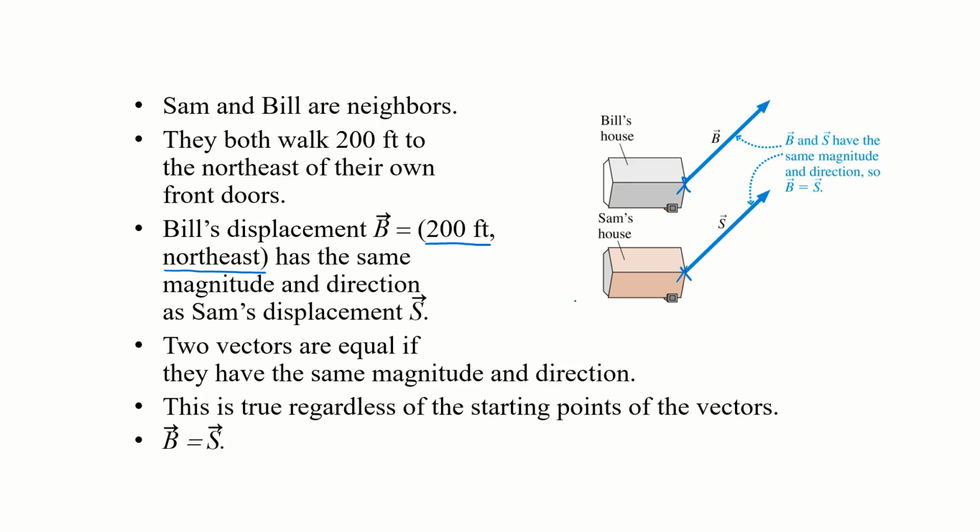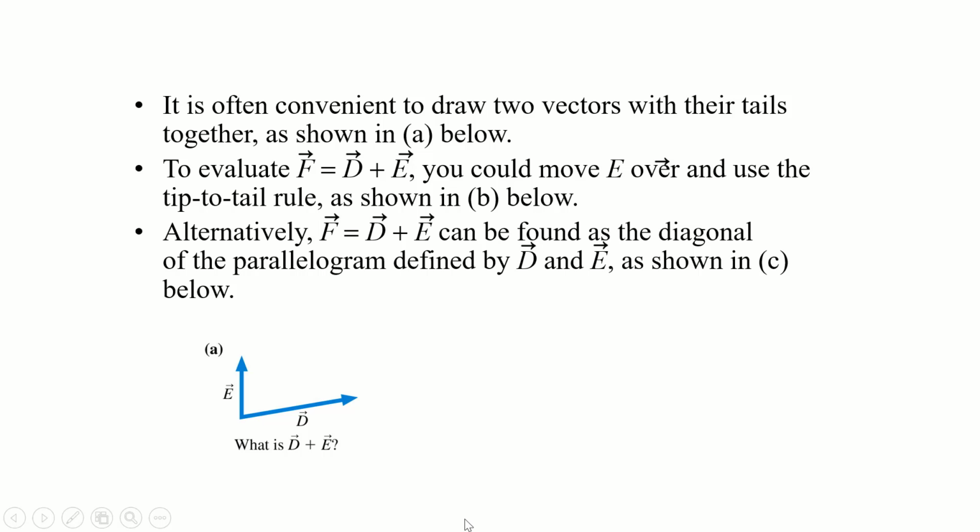And when we do, and you think about why this is important, this relates to how we add. If we wanted to add those two vectors, b plus s, tip to tail, we'd be taking the tail of this Sam vector and moving it up to the tip here and adding that vector there. But the point is, where that vector is drawn does not change what that vector is. Another way we can add in that geometrical representation is,